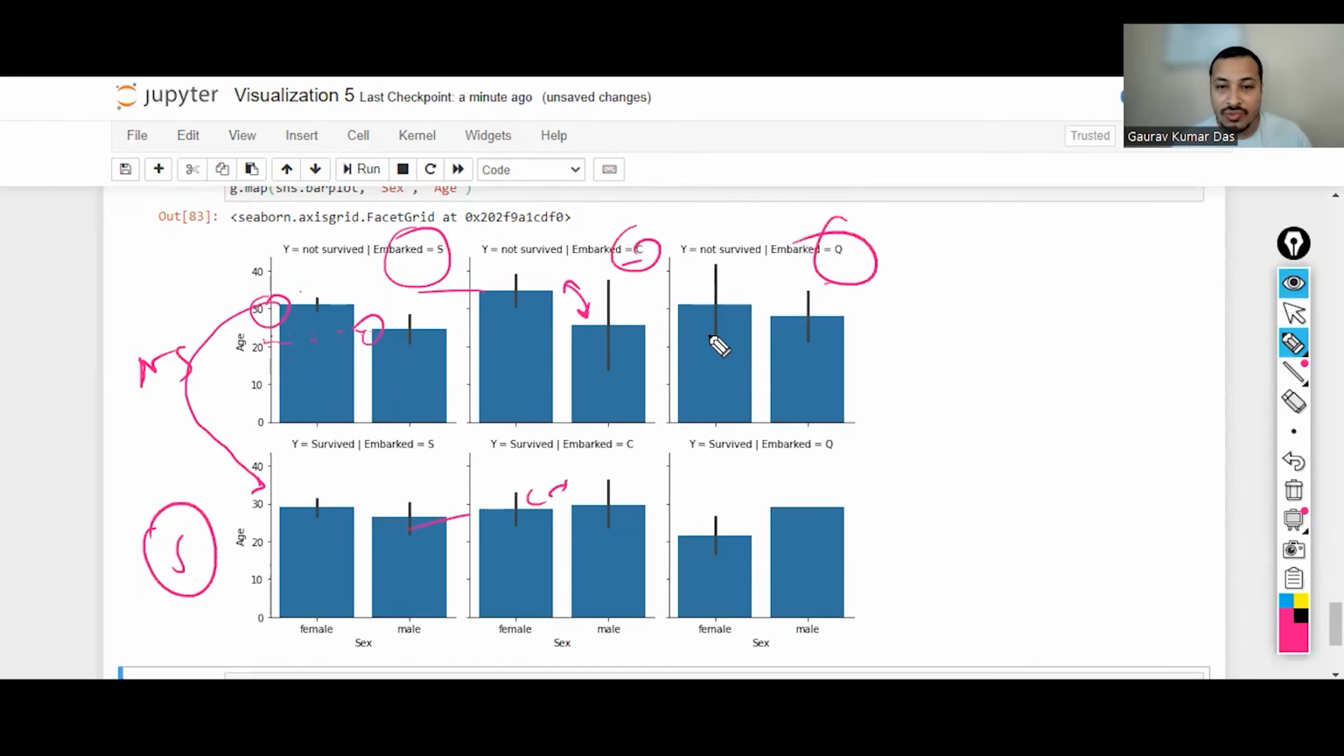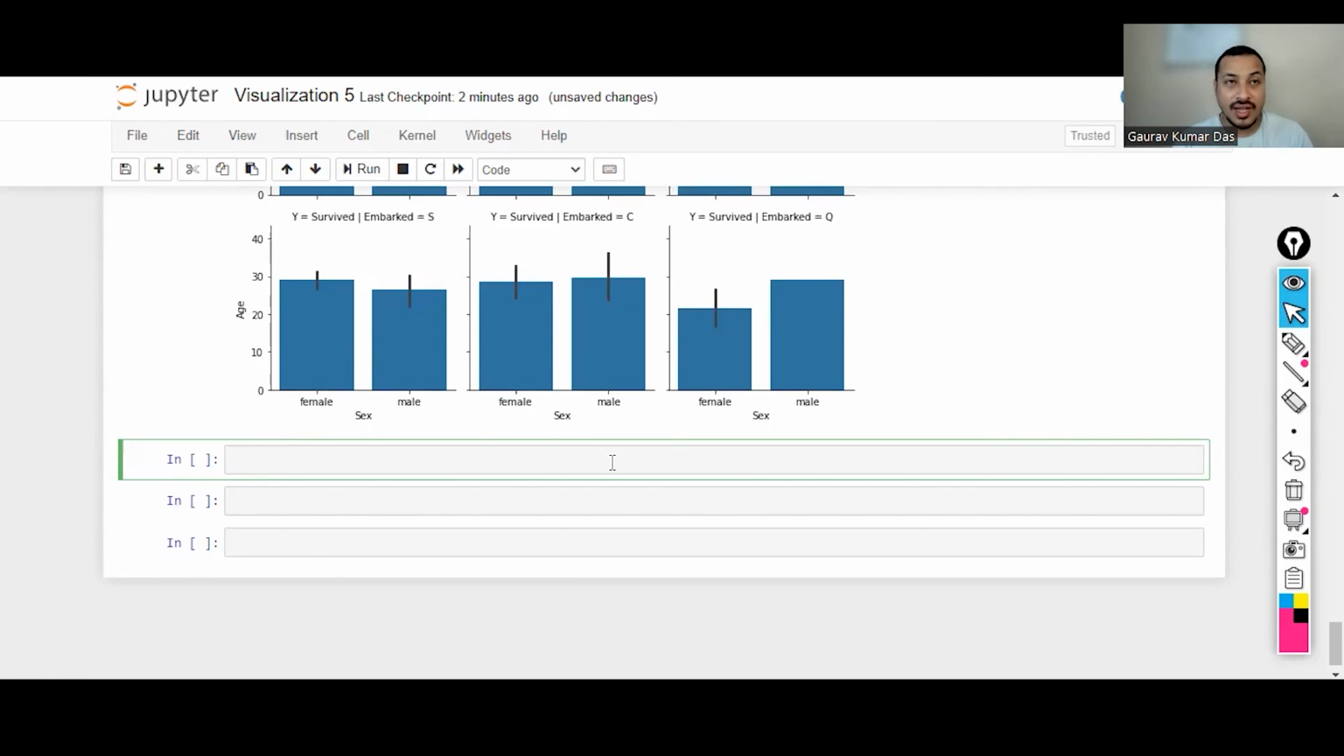So C and Q is probably capturing more information than S in this particular criteria, but that doesn't mean S is an insignificant category, because in the previous category we saw that S had a totally different pattern, right? So when we segregate data to the basic level and general level, we can draw out many more insights. Now let us try to understand how many P-class passengers were there with respect to all